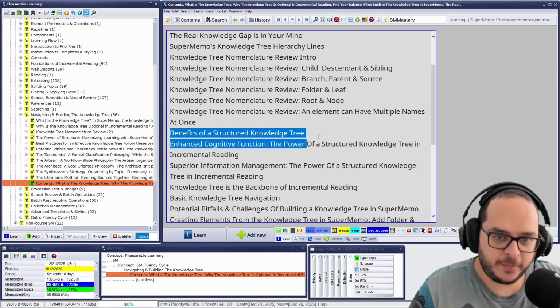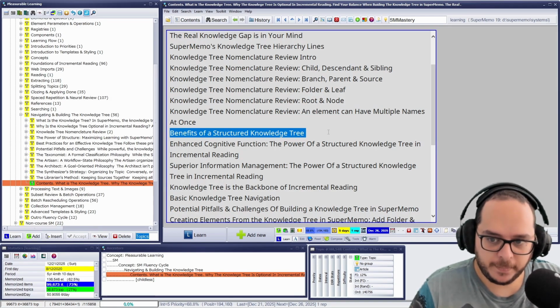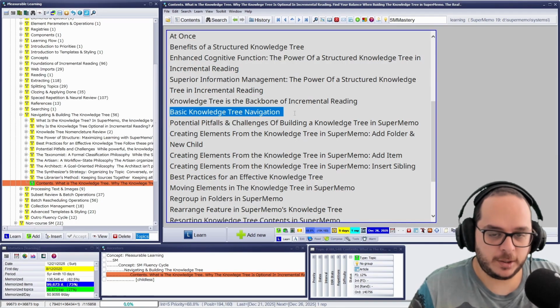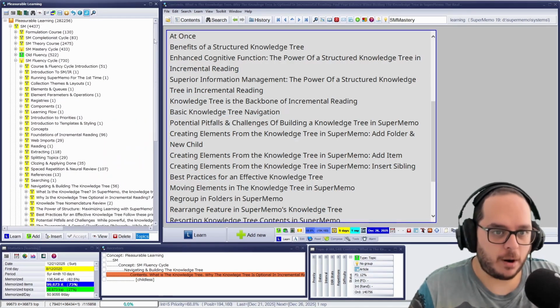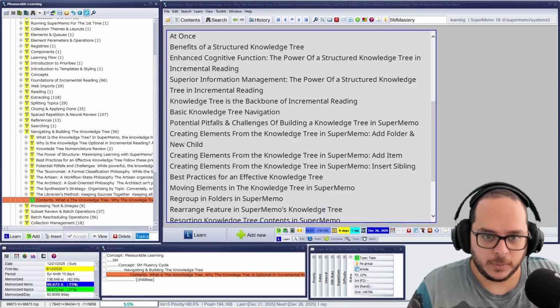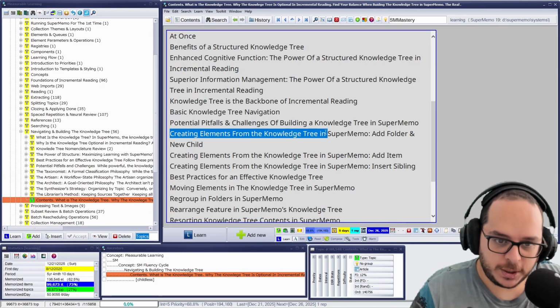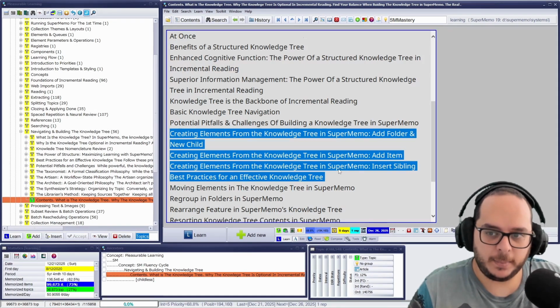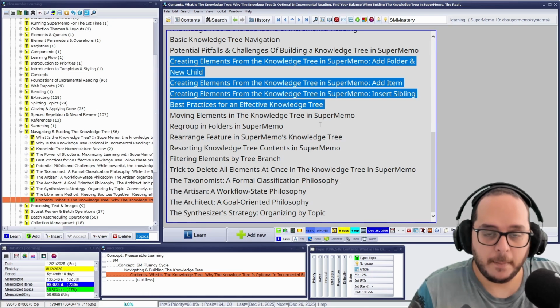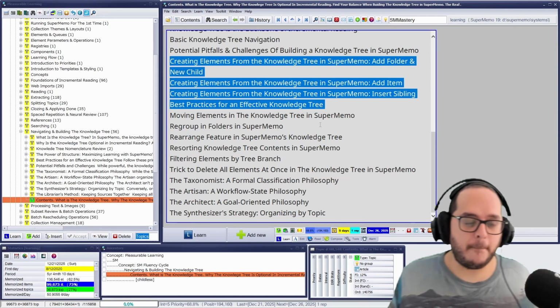Then, what are the benefits of the knowledge tree? And finally, the second subsection, which is navigating. It's not just scrolling. There's more than that. And then creating elements from the knowledge tree, the pros and cons, because those are more or less meant for